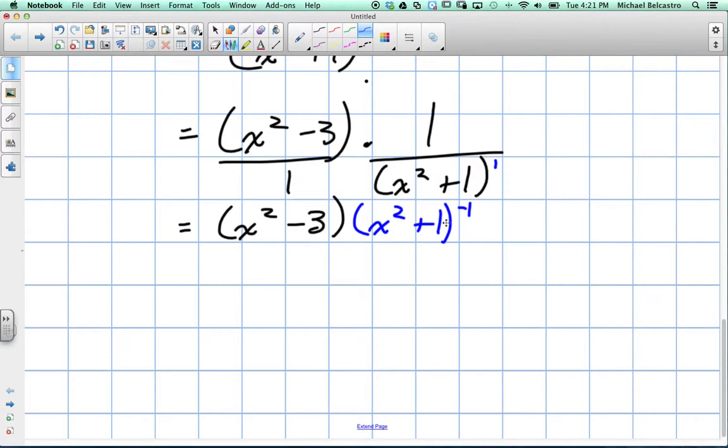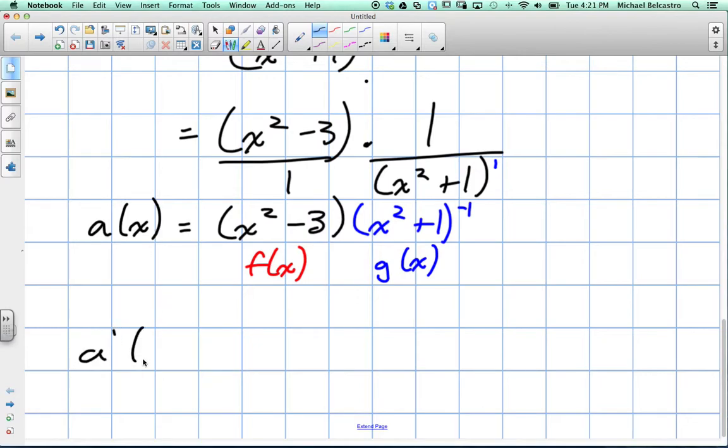Now, we'll have to know a little bit of our chain rule for this, and we'll get into the chain rule in a second. But essentially what this does is it makes this a product function. And what we're going to do here is think of this as our f at x, just like we said it was before, and this is our g at x. Well, if this is the case, and remember we called this our a at x,